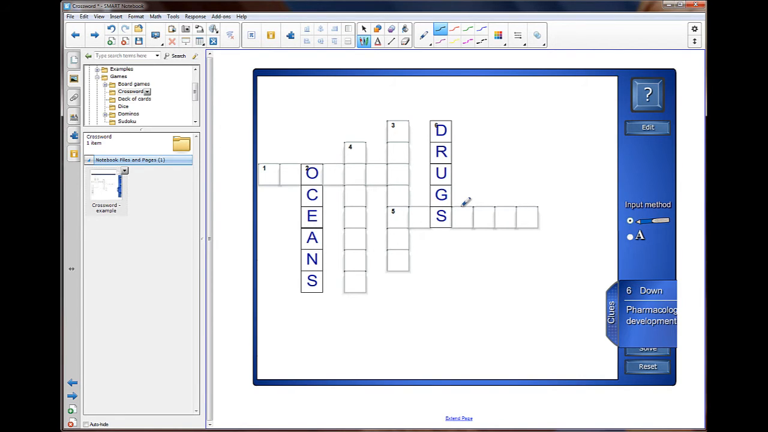This is a great game to play with your students either at the beginning of the lesson, the end, or even in the middle of the lesson to